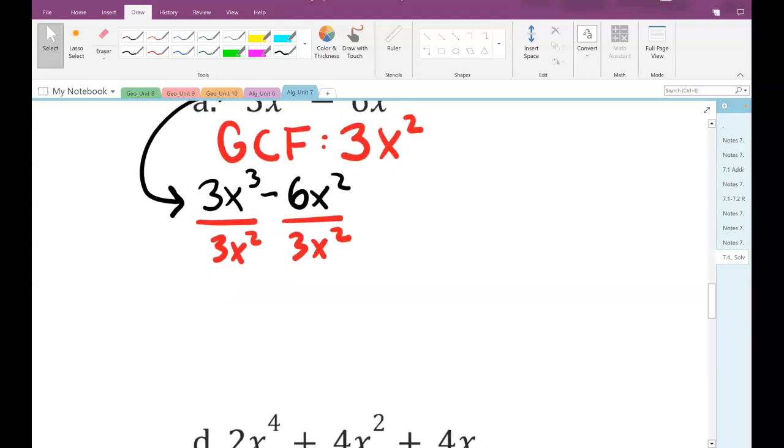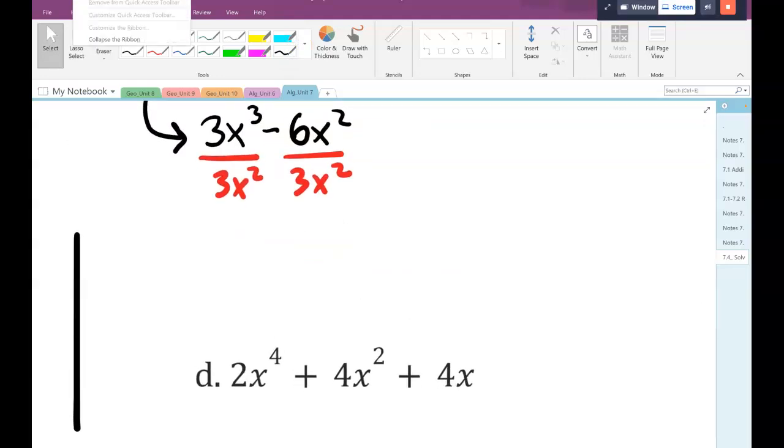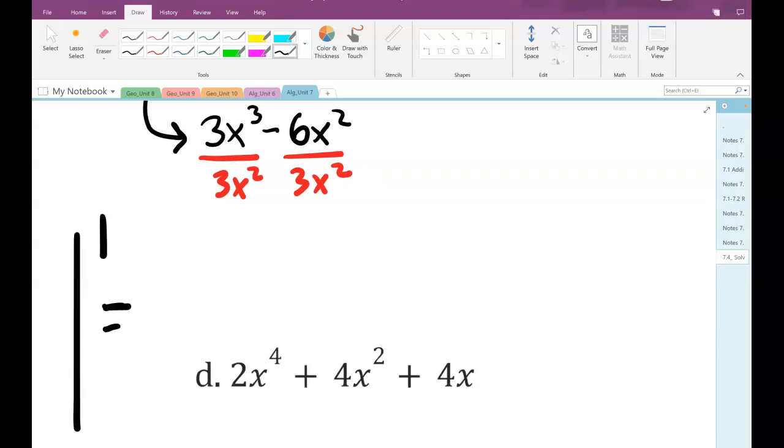Zoom in a little bit. When we're at this last step, if we're just putting into factored form,